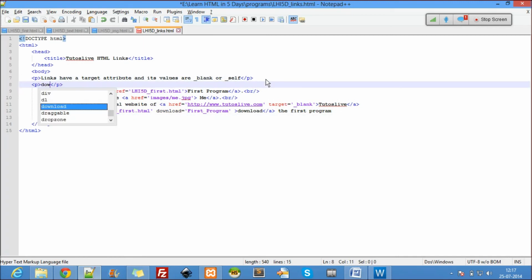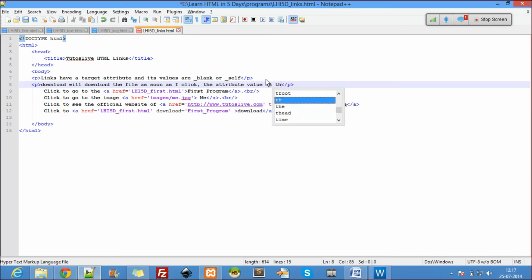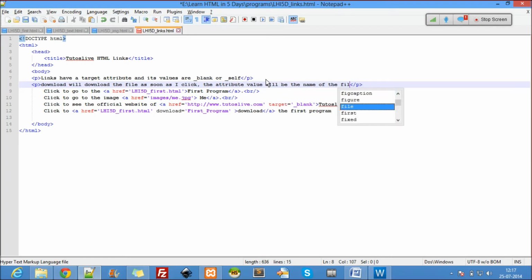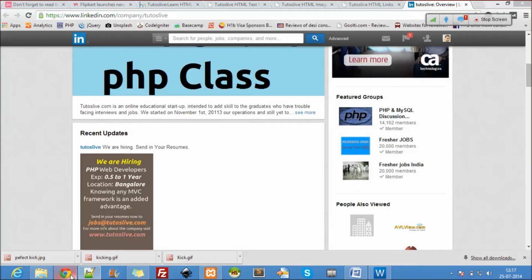Download will download the file as soon as I click, and the attribute value will be the name of the file. So the actual name is this, but when I download, let's see what name I really get over there.